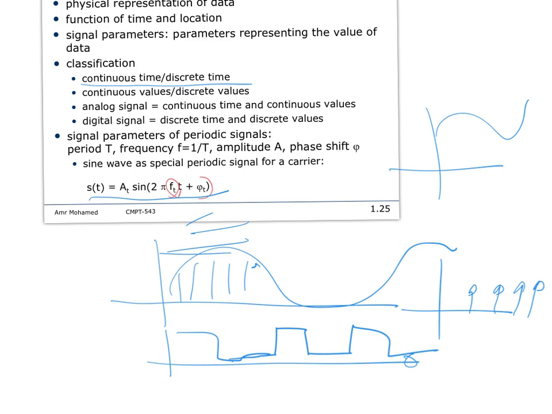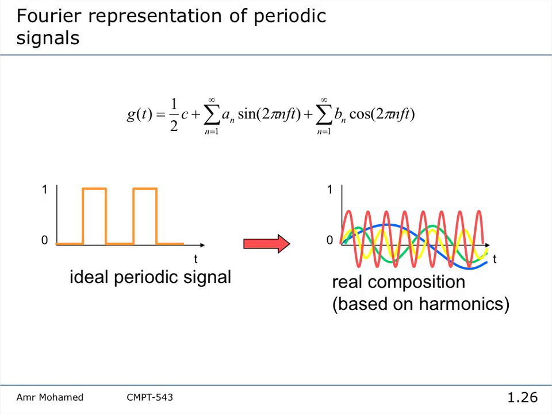So why do we distinguish between these 4 combinations? Because Fourier said that if the signal has any discrete feature, it can be represented using a finite number of sine waves. That's this theorem. So a signal in general, this signal, can be represented using these 3 sine waves. We call them harmonics.